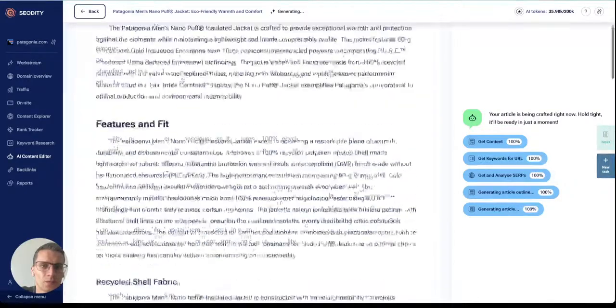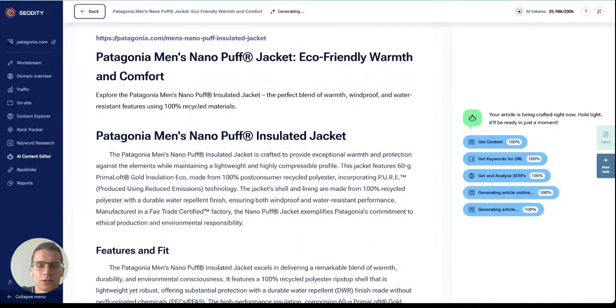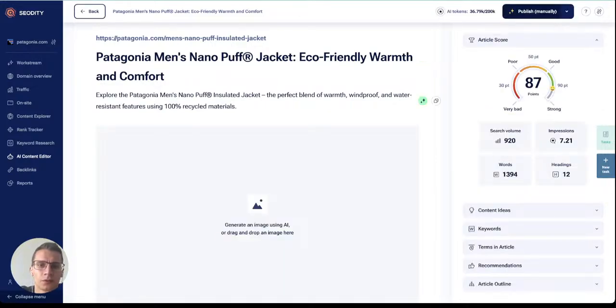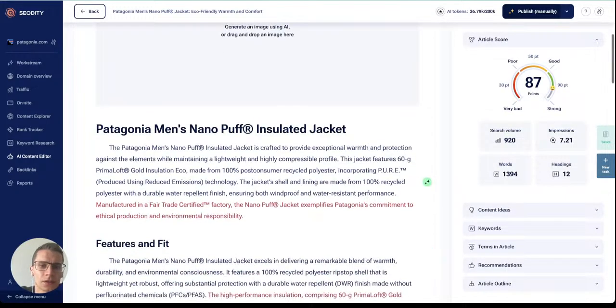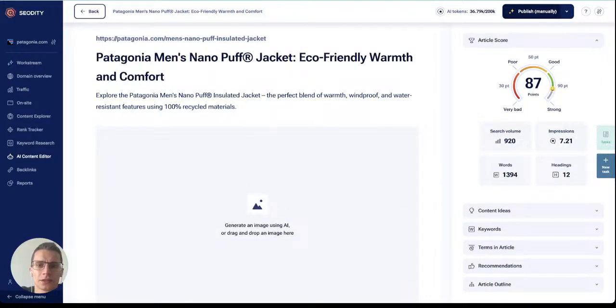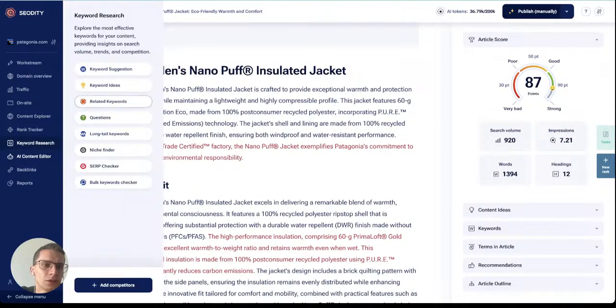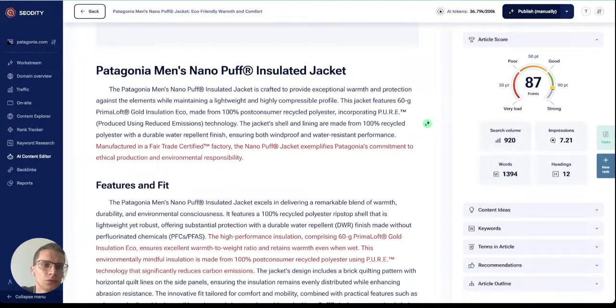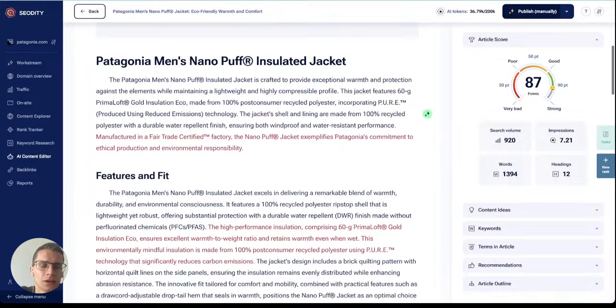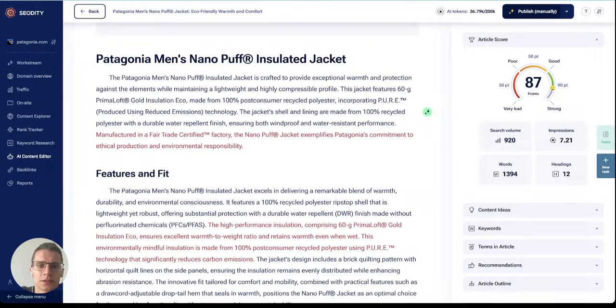Okay, and that's the second way that you could use this AI content editor and use your current optimized content to generate more content from it. And in Seodity, we are thinking about adding more features like this, so it would be easier. Like you see now, you need to click, you need to know what to do to get these results, and we are trying to optimize